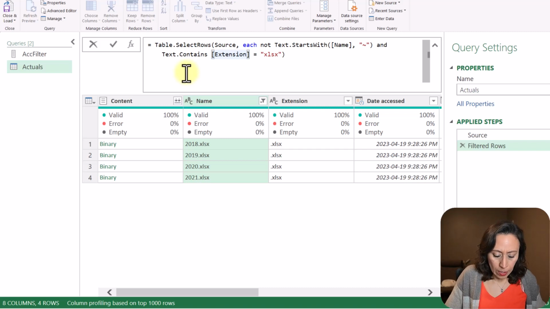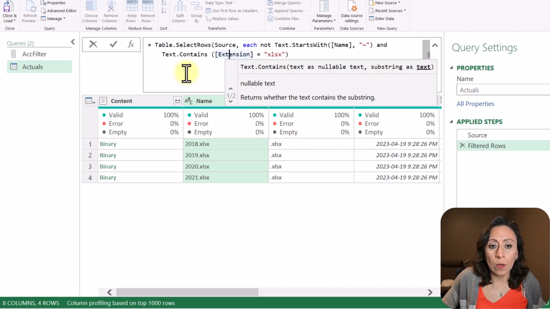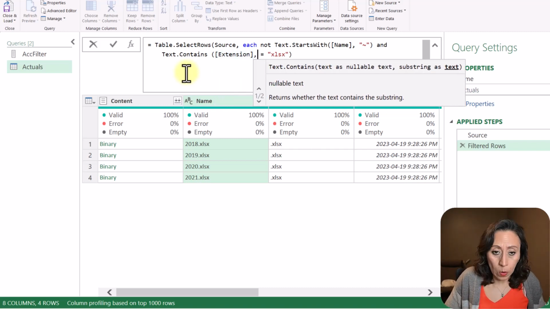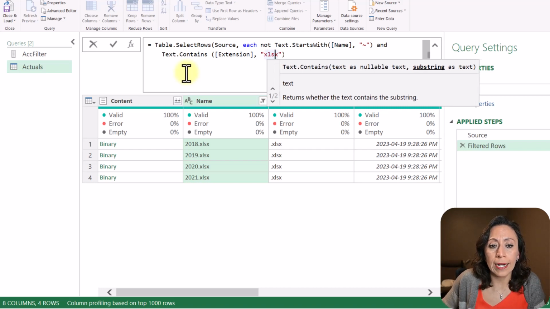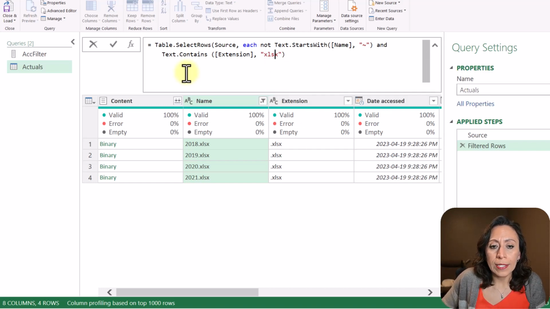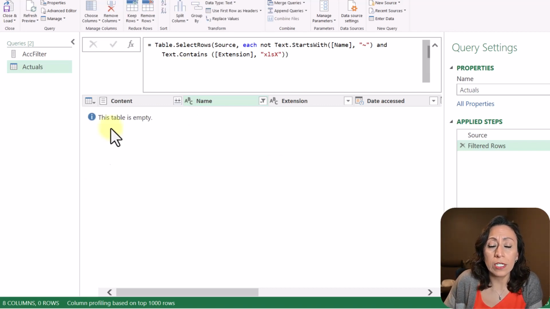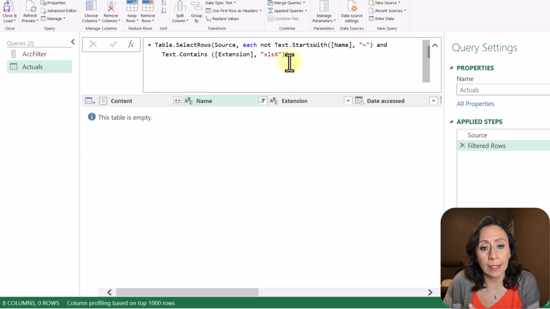Open parentheses, the text is coming from my column Extension, comma, and what is the text that I want it to include? It needs to include XLSX. And let's say for any reason, I give a capital X at the end, and I close the parentheses for the Table.SelectRows, and I press enter. Of course, it's going to give me an empty table, and that is because Power Query is case sensitive.